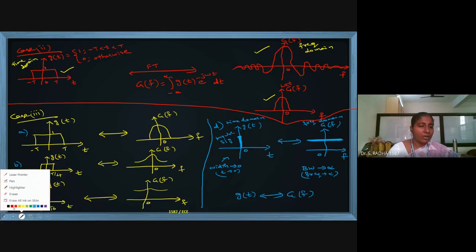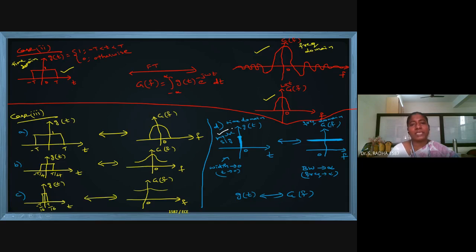Now coming to this entire slide, I have put tick marks. Only those diagrams with tick marks you remember. And then this is the impulse signal. I am putting a tick mark. Remember this diagram, the impulse signal, and then its frequency domain representation. This is the final thing you have to remember. G of t is the time domain, and g of f is the frequency domain.